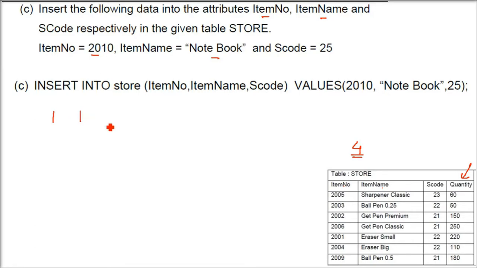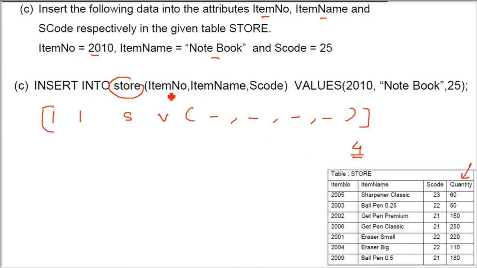Insert into, we write the table name, and then we say insert into table values, and we give 4 values. This is the normal way of inserting the values in one record, because one record will have 4 contents, 4 cells, because 4 columns are there. But this is not what they are asking. They are asking for 3 values. You have 3 things you have to enter.